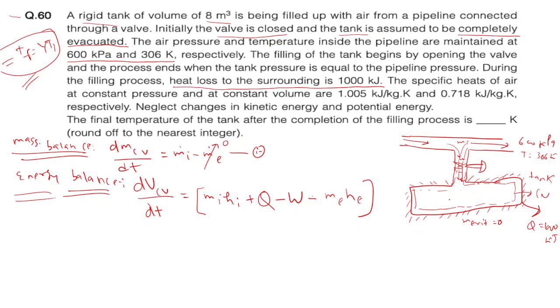Getting or not getting? Yes, sir. Got it. So for our problem, this work done would be 0, and this part also would be 0. But any one of these may come, right? This is correct or not? Yes, sir. So this is our second equation. Till now they used to say it is insulated, so this is also 0, but here it is not 0, because it is given that it is 1000 here, right?